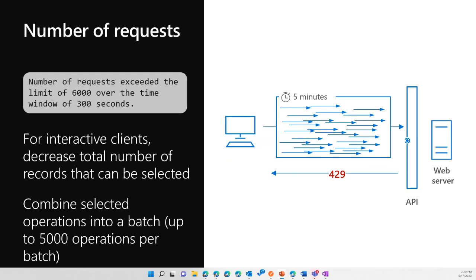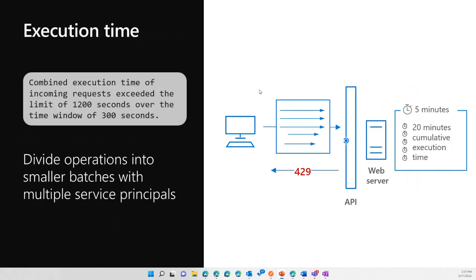So in this scenario, one of the strategies we'd recommend is either limit the number of records that you can select within a list. So you're limiting the number of operations that each individual user can perform when doing calls against the service, but also combine those selected operations into a batch. With Finance and Operations OData, you have the option to put up to 5,000 records into a batch, but you would want to balance that out. So that's one strategy, is looking at including those multi-select operations into a single batch, so one request can be made, but balancing out the size of that batch so that you're not hitting the next limits, which could be